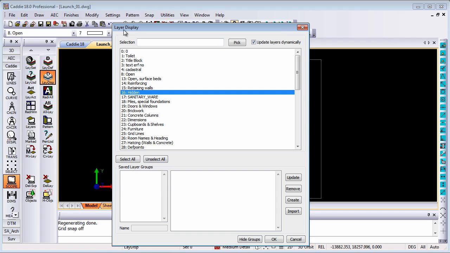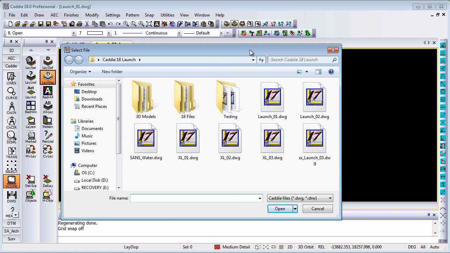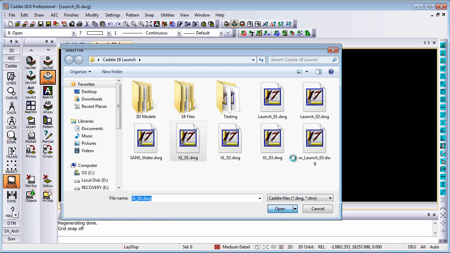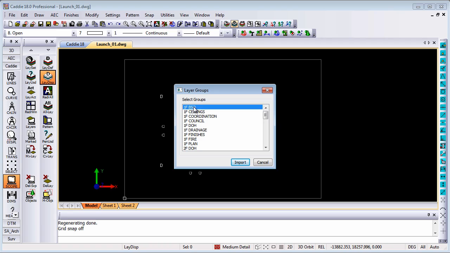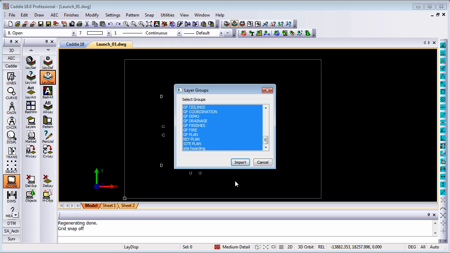So in the layer display dialog box, we now have a new option to import layer states, as we call it. Once I click on import, all I have to do is browse to the specific file that has the layer groups within them. Once I click on open, you will see it gives you a list of layer groups, so you can select the ones that you want to import, or you can just select all of them and